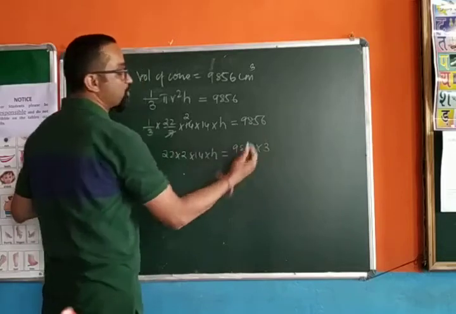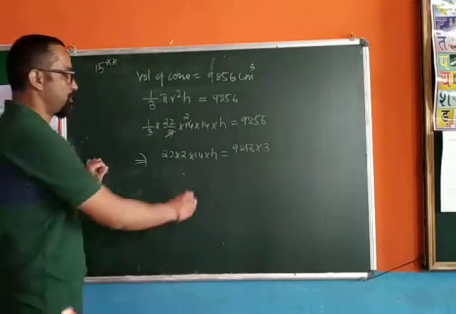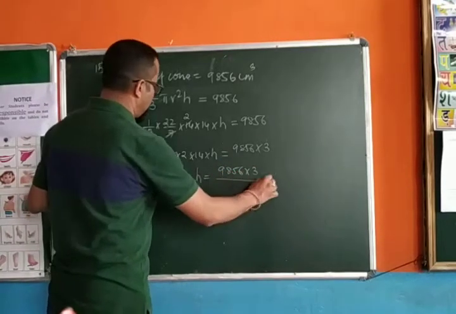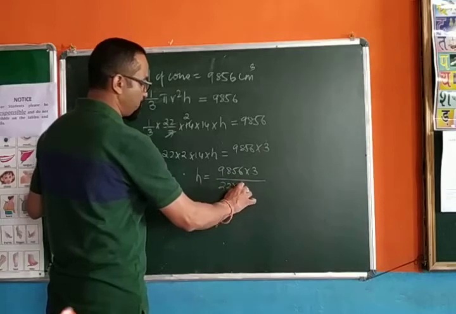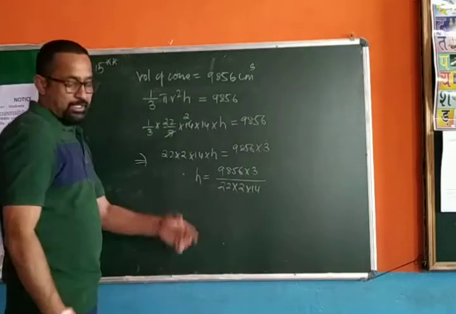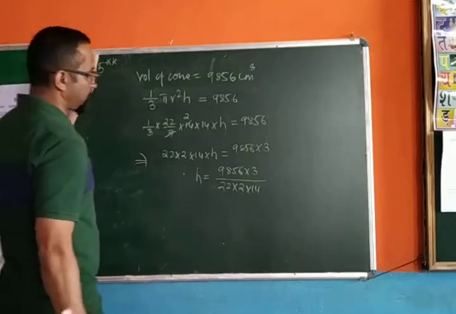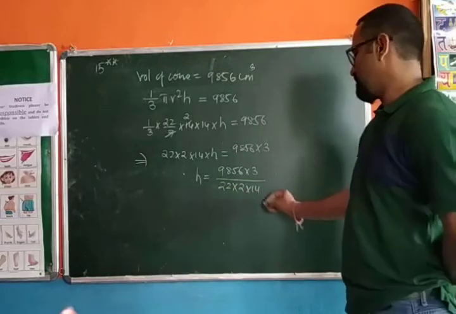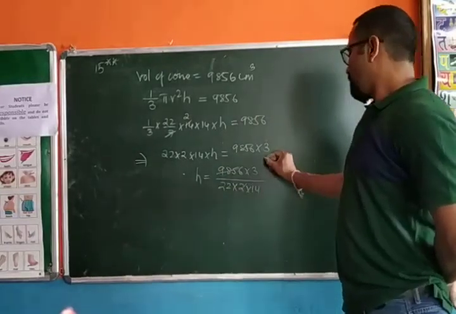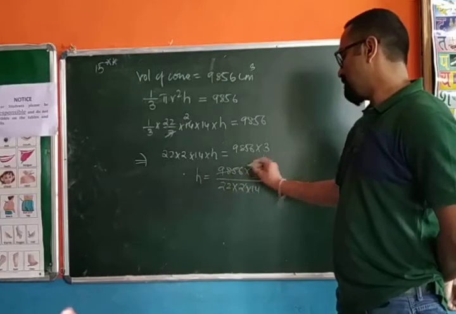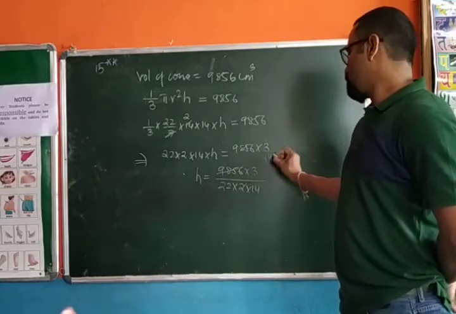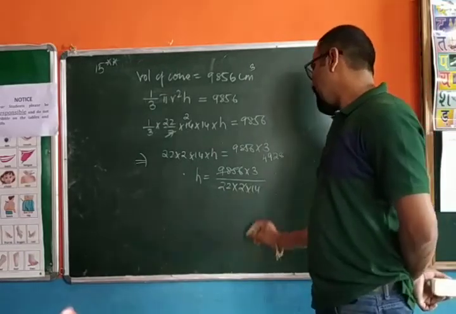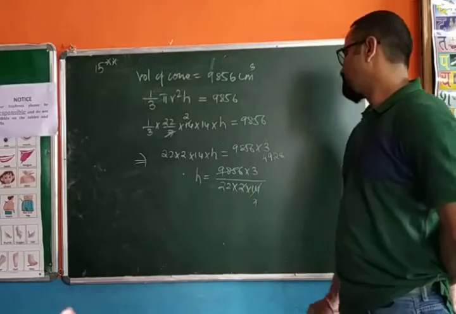9856 into 3, cross multiplication. Make height the subject of the formula. Height equals 9856 into 3 divided by 22 into 2 into 14. Cancel it. Look at the cancellation, I'll be cancelling with small numbers. 2 4 times 8, 1 is left. 9, 2 times 4, 1 is left. 8, again I can cancel this by 2. 7 times